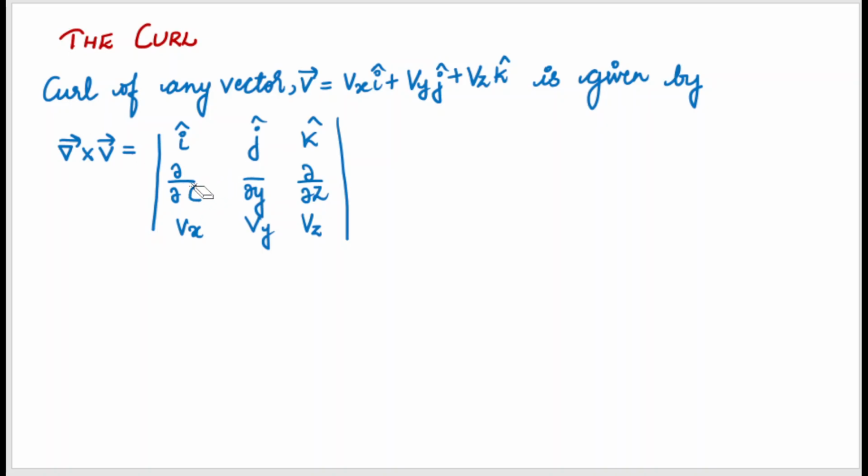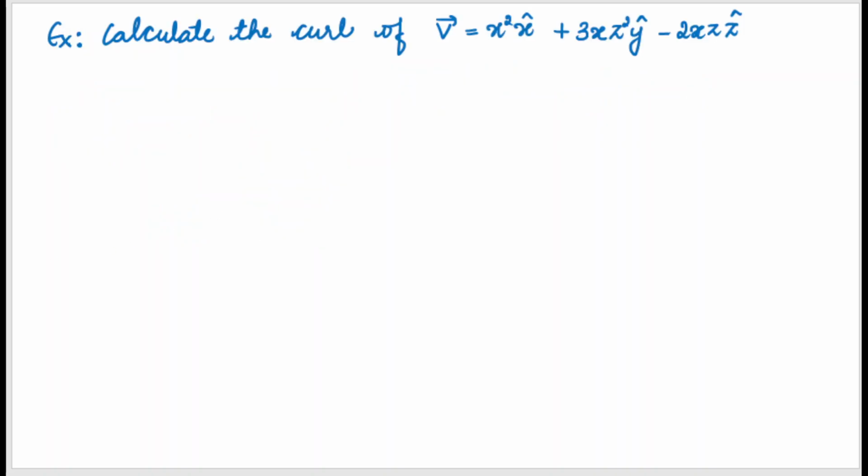Now let us solve one problem. Here I'm going to write again ∂/∂x, ∂/∂y. Let us solve one problem. We have a problem here. Calculate the curl of the vector v = x² x cap + 3xz² y cap − 2xz k cap. Right. Now I'm going to again write the formula, that is curl of v vector, which is equal to